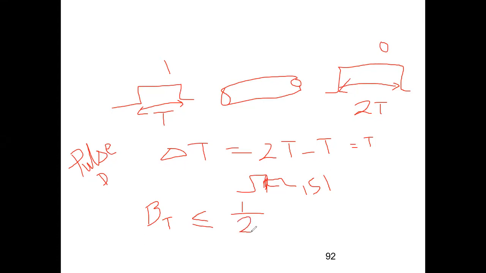Bit rate BT, this is the first case of rectangular pulse. So bit rate, considering all the Shannon theorem, channel capacity, everything, the formula directly is there with you. Bit rate is less than or equal to 1 upon 2T. Remember, this we are considering for non-overlapping pulse. My pulse is not overlapping. If it is overlapping, ISI is there, and I actually cannot get the figure of bit rate. So this is for non-overlapping pulse.